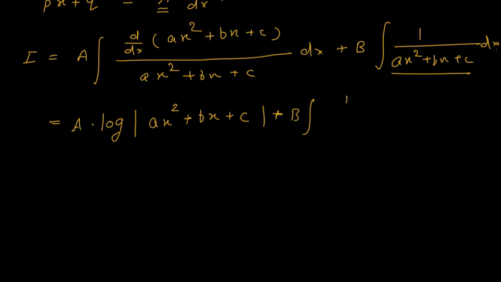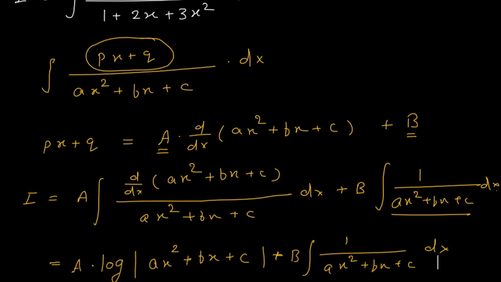Now it depends on what value we get in the denominator. We could get x square plus a square, we could get x square minus a square, or we could get a square minus x square. For all those three forms we have different answers. You know the formula very well, so you can solve this part, right? So this is how we are going to solve the problem. So this is our concept.